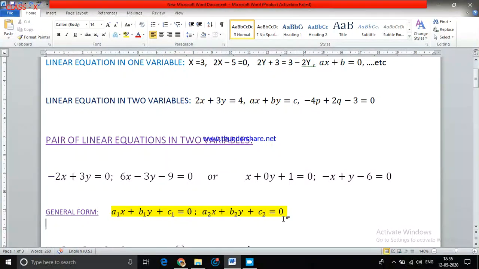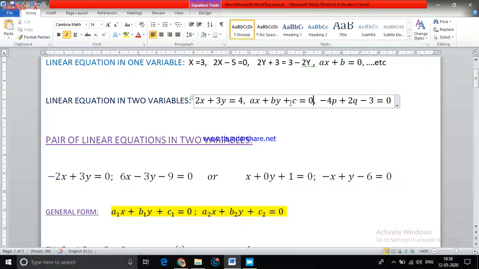So these are the few things you have to remember when you are talking about the general equation of a linear equation. It can be one variable, two variables or three variables. Even for one variable, I have written ax plus b equals c, and here we made a mistake. This should be ax plus by plus c equals 0. Here also the constant term will remain on the left side only. Here also c1 and c2 are the constants which lie on the left side.